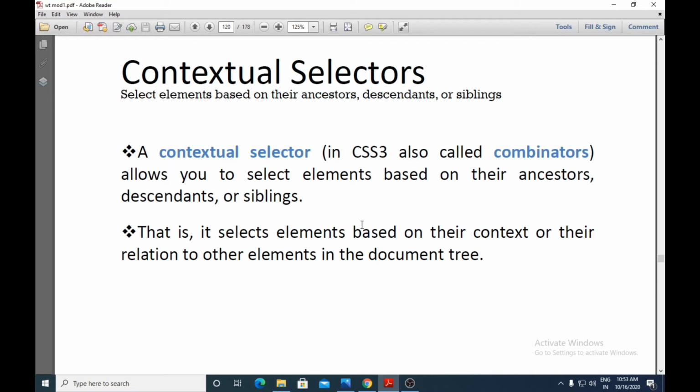The last selector we have here is the contextual selectors. These selectors select elements based on their ancestors, descendants, or siblings. Here we'll be styling the elements based on relationship. A particular element's ancestor, descendants, or siblings will be styled by using the